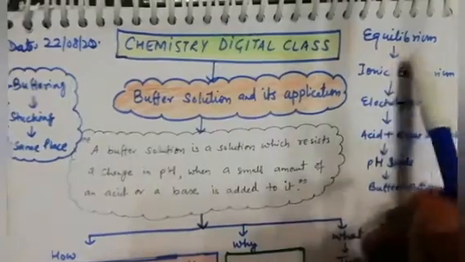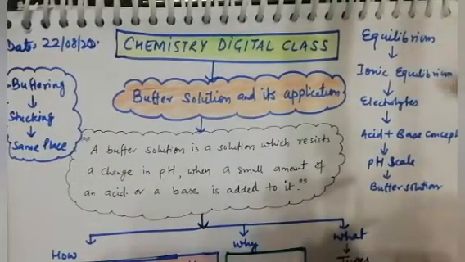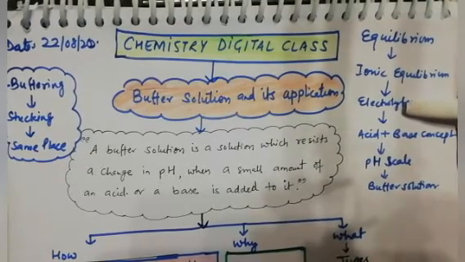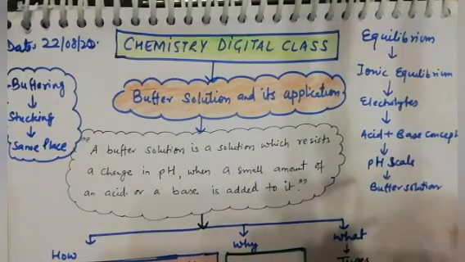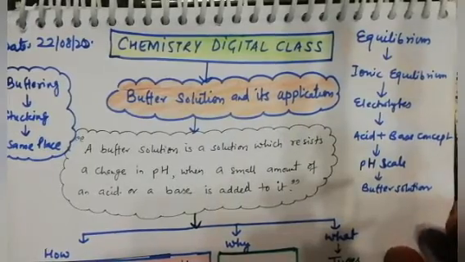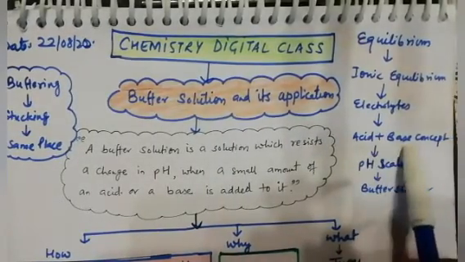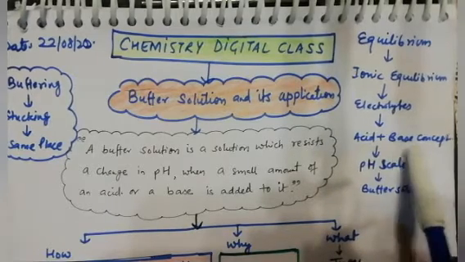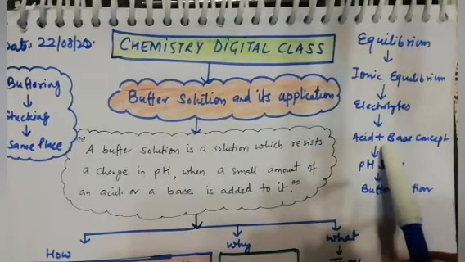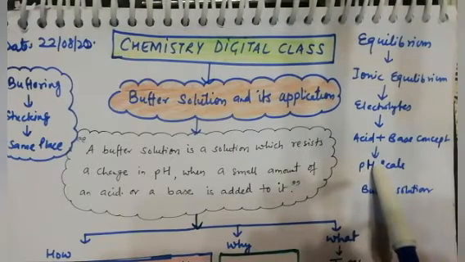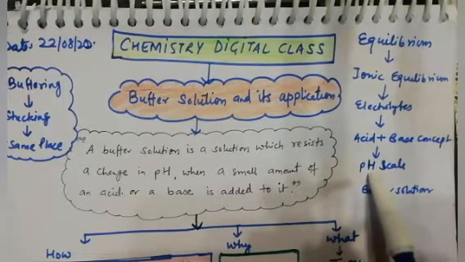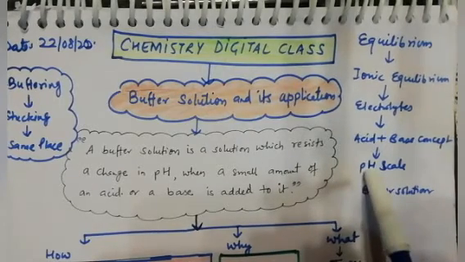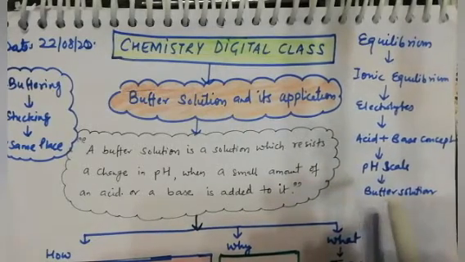As we are doing our equilibrium chapter, in equilibrium we are doing part 2, that is ionic equilibrium. Ionic equilibrium is also known as electrolytes, where under electrolytes we are talking about the acid-base concept. We studied the different definitions of acids and bases, how to determine whether the solution is acid or base. We have pH, and to calculate the strength of pH, we have the pH scale. Yesterday we did all the numericals related to calculation of pH. Now under this we will talk about the buffer solution.